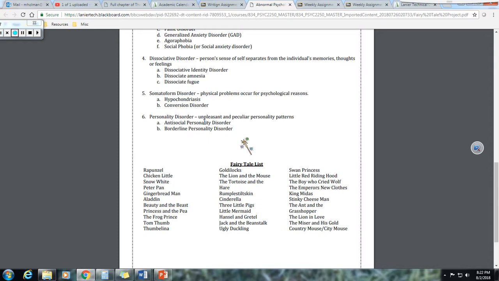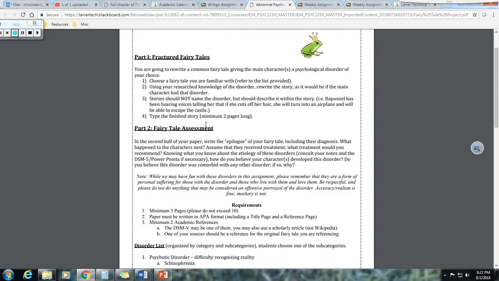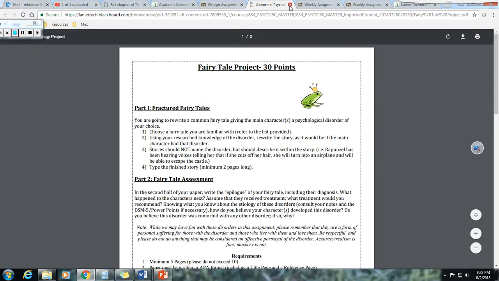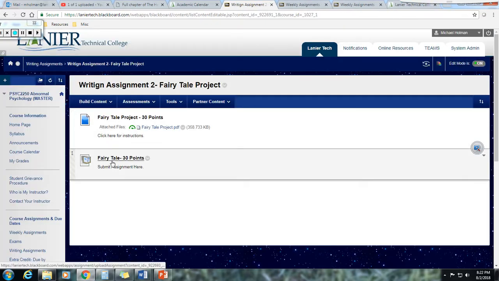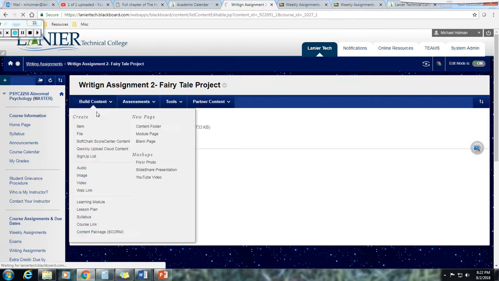Just send me a link beforehand so that I can confirm that this is a fairy tale that actually exists and not something you made up. And submit it here, and you'll be good for this particular writing assignment. And now we get to